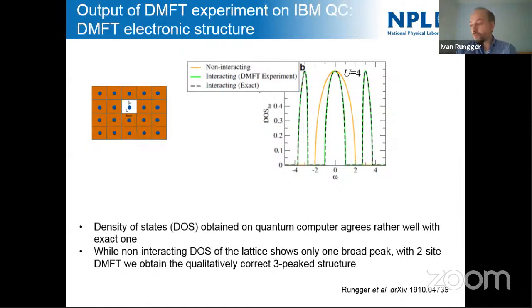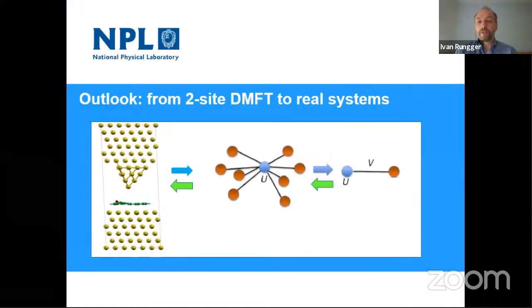Okay, so this kind of concludes the results that I wanted to show today. But I just want to give a bit of an outlook of where we are going with this. So clearly, as I said at the beginning, we went from the actual physical system, did a mapping to the exact diagonalization, and then we mapped it to the smallest possible system. Now we want to go back, right, to the green arrows. The first step is not easy, but it is clear what has to be done.